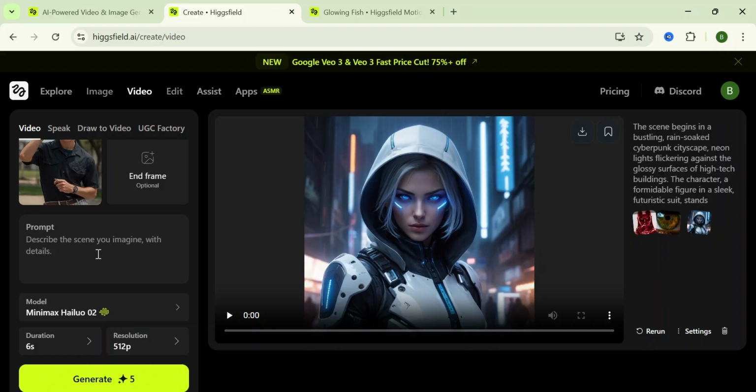You can now describe the scene. ChatGPT will help you a whole lot here. You can describe the scene as ethereal, or it all depends on what you can imagine, and just make sure it's properly detailed. Then this model, you can choose this particular model or any other model, then click on generate,